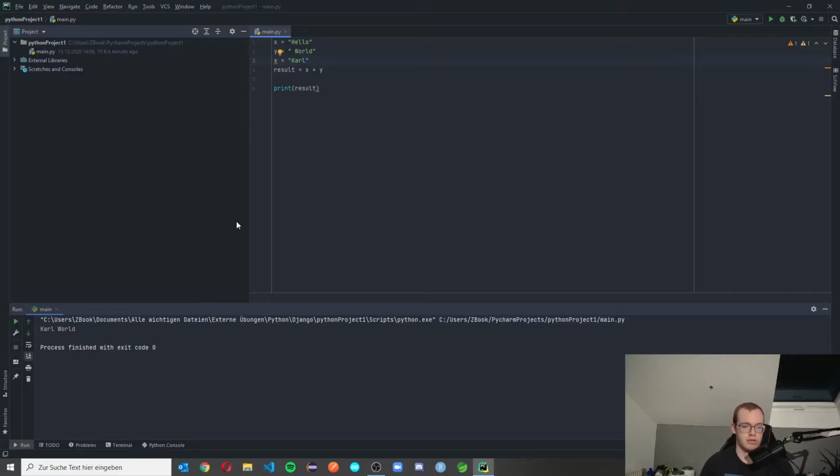Cool. So variables can hold multiple data types. We can use our numbers and strings, what we learned, and some further data types which we will learn later, like lists and booleans, and even dictionaries, etc. But here the main goal is you can divide your code into multiple lines and can store in each